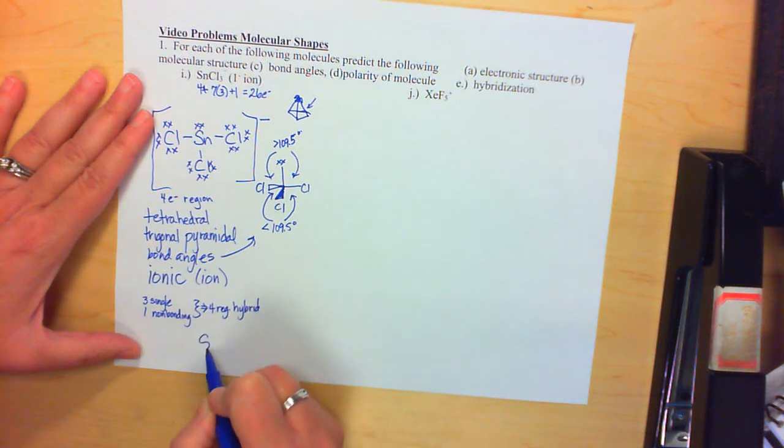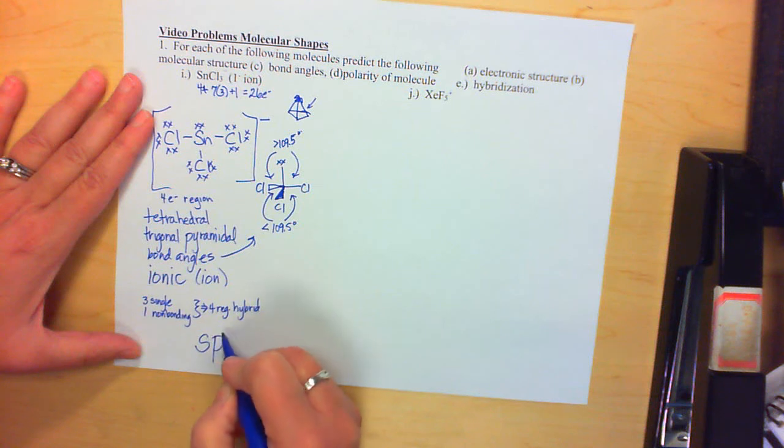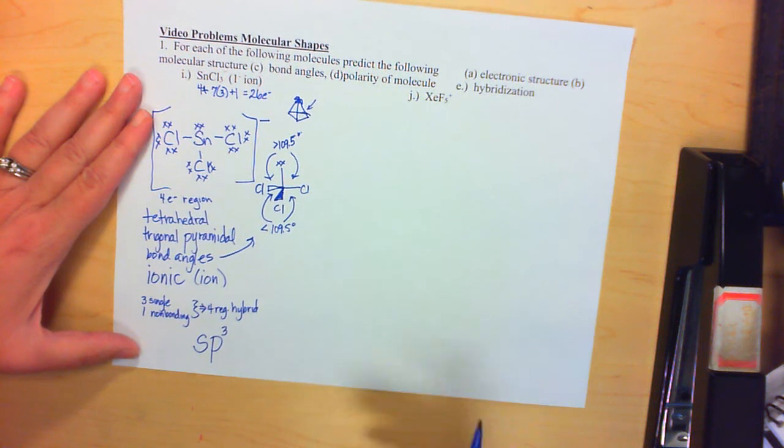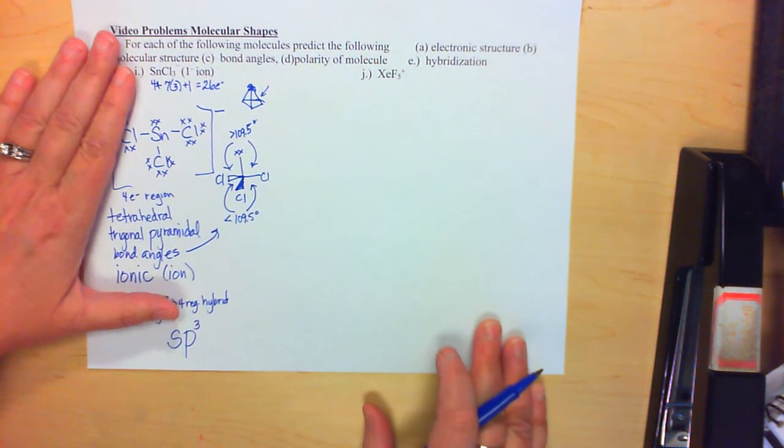If that's the case, then I start with 1 s and 3 p's. So I have 4 sp3 hybrid orbitals. Okay, so we're done with that one. Now